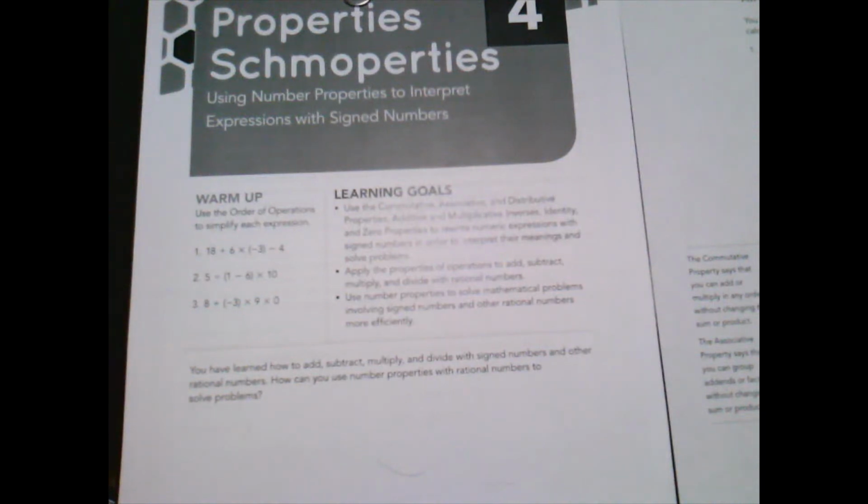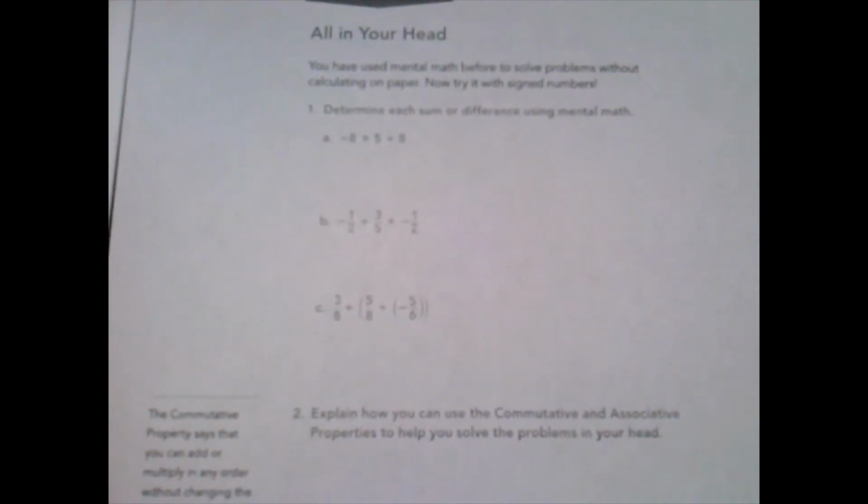Scholars, we will be continuing with lesson 4, and I'd like everyone to go to page 239. We're going to start on page 239, getting started. Okay, so with these 3 problems, we are going to use the commutative and the associative property. Commutative for the first 2 and the associative for the third one. And I will post a couple of videos on the stream page to help with that if you can't remember